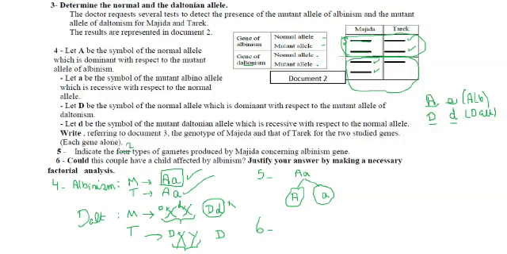Justify using a necessary factorial analysis. We have to write that A cross A. This is the genotype of the mother, and this is the genotype of the father. Okay, so the gametes that each individual will give are capital A and small a, certainly 50%